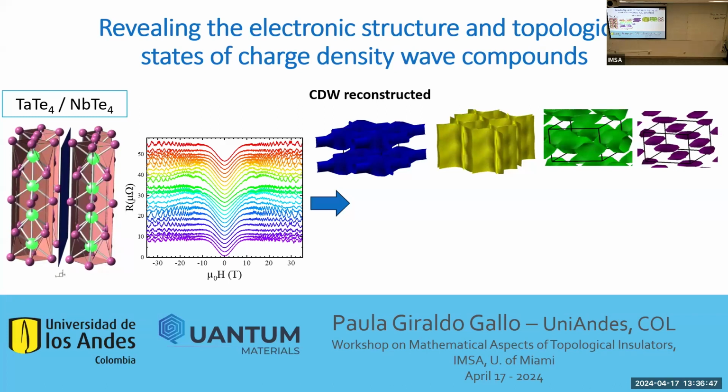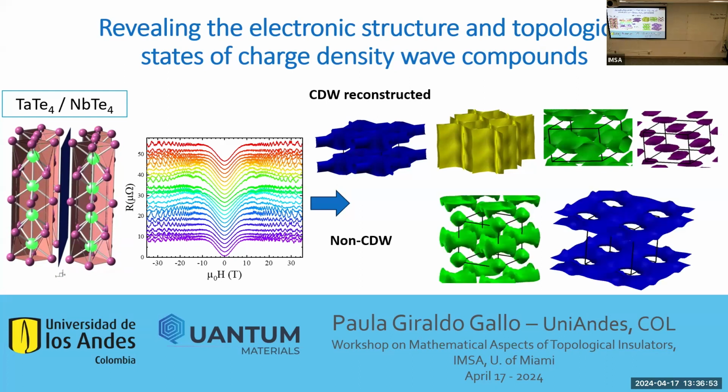And then the message: if you fall asleep along the way, don't worry, here's the conclusion. The conclusion is that this material is actually very complicated. It has a Fermi surface that comes from a reconstructed charge density wave order, but it also has some portions of this Fermi surface that do not reconstruct well from the Fermi surface itself. So it mixes both worlds, a non-reconstructed Fermi surface and a reconstructed Fermi surface. And besides that, this compound niobium tellurium-4 also has some intricacies, some difficulties in terms of the charge density wave order that I will discuss.